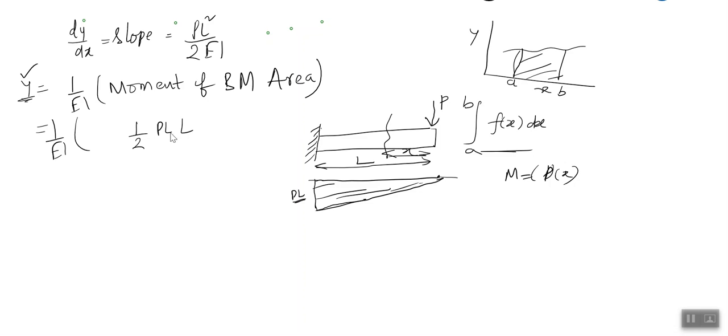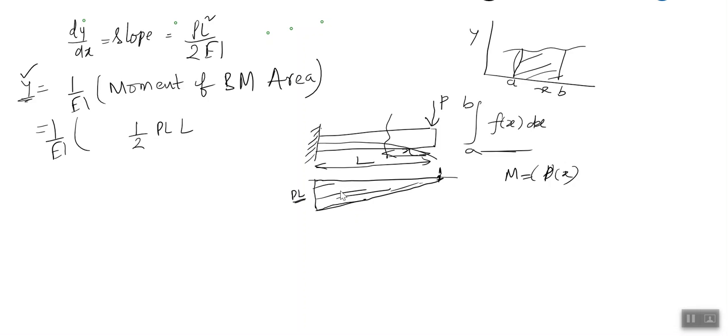We want to find the moment of this area with respect to a point where the slope is not zero. That is, if this is our deflection curve, and here is where our deflection is 0 and slope is also 0, so we have to take moments about this point. So if we take the moment of this area with respect to this point,